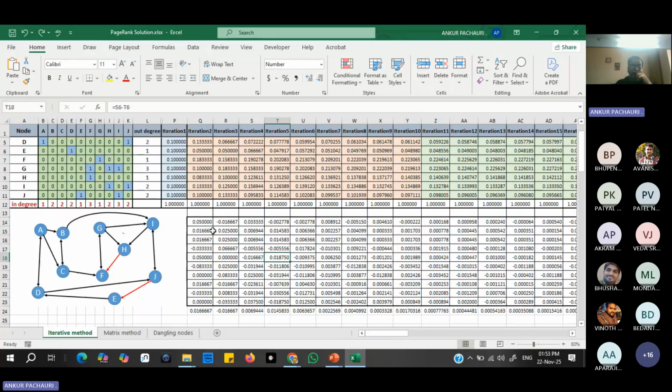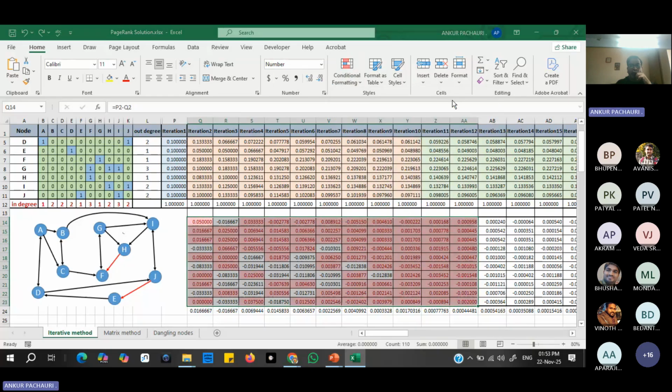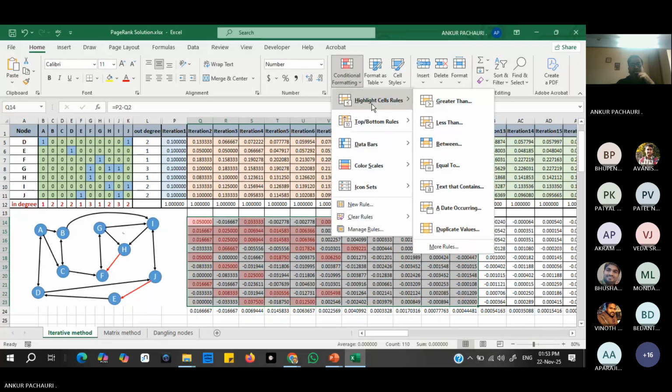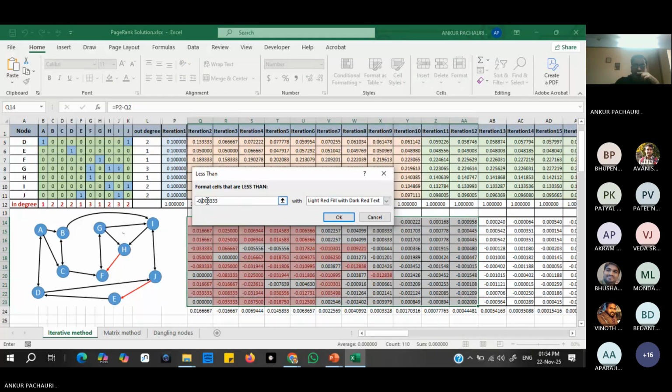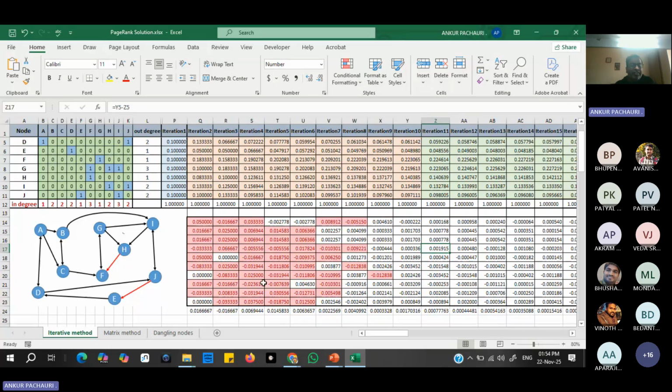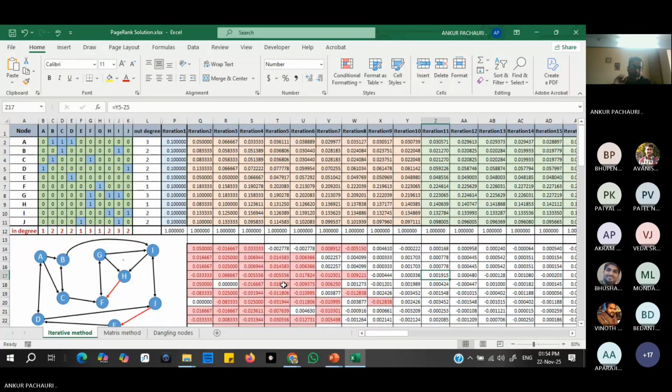We will have to highlight all the values which are greater than 0.005 and which are lesser than minus 0.005. This sounds good. So if our criteria is 0.005, the difference between two successive page ranks of the same node, the current page rank and the updated page rank,